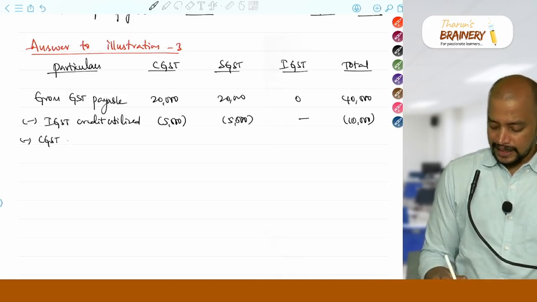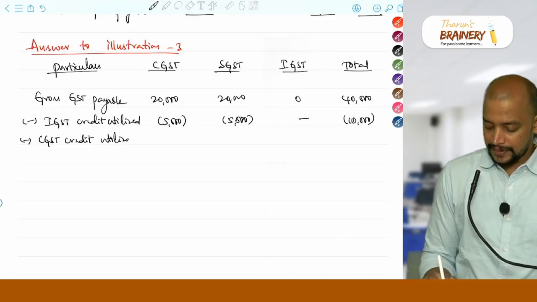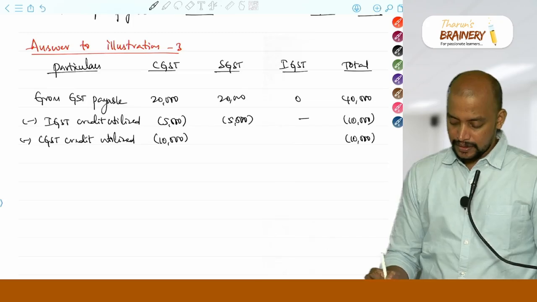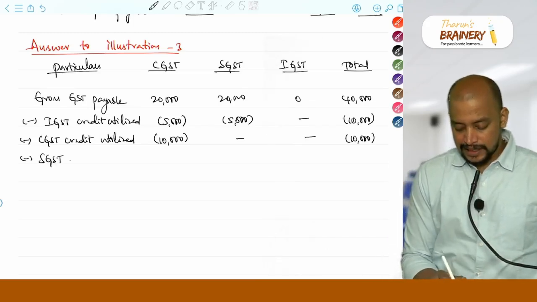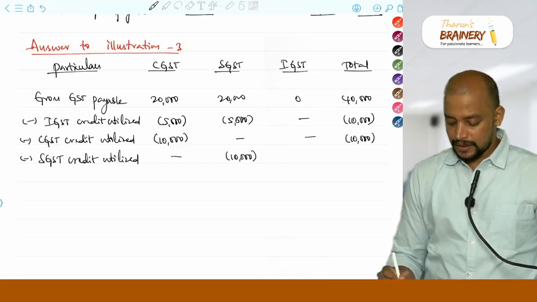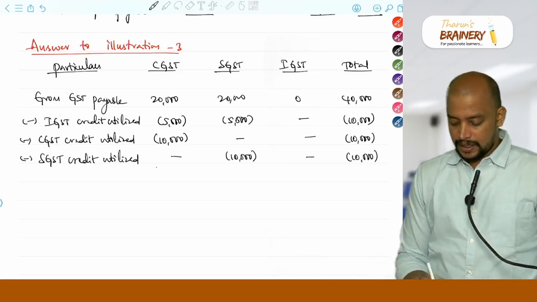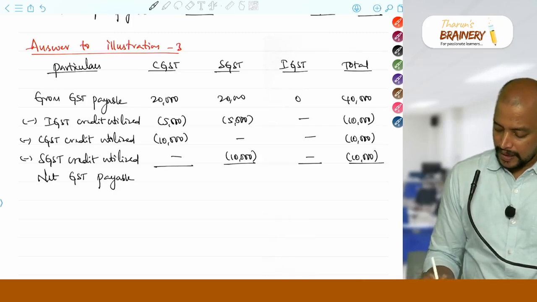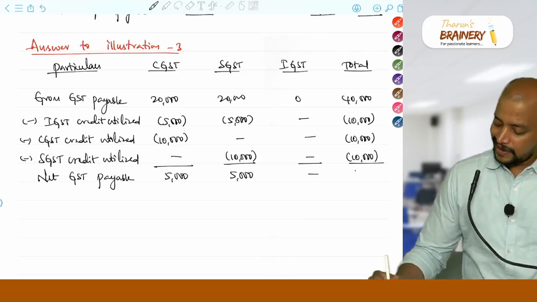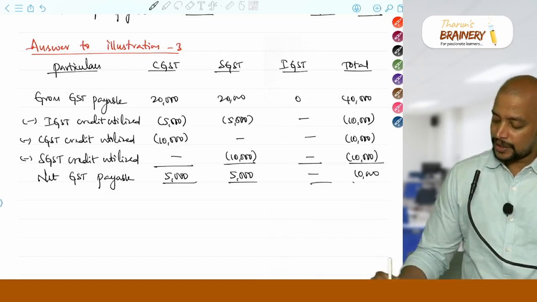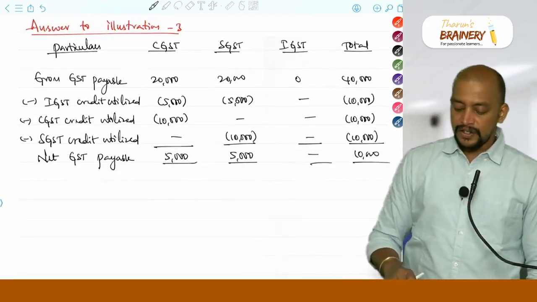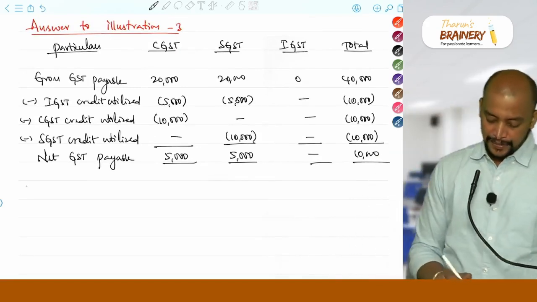And then CGST credit utilized. So how much is the CGST credit? 10,000. Minus SGST credit utilized, so 10,000. And net GST payable: 5,000, 5,000, 10,000. So you may get 0, 10,000, 10,000, or 0, 10,000, 0, or you may get 10,000, 0, 0 also. So alternative answers are there, because we can use the credit we have as IGST credit fully for CGST. So note,